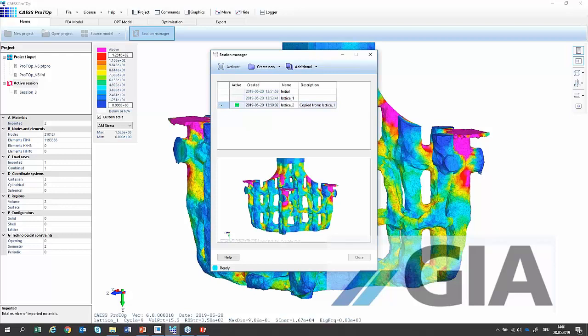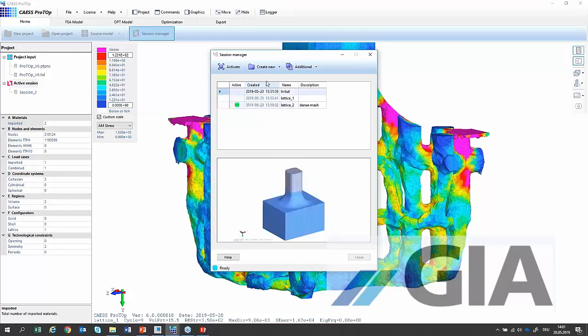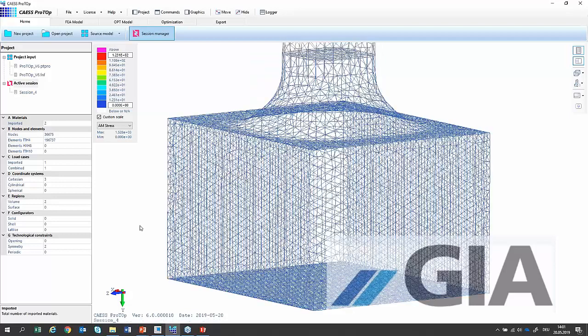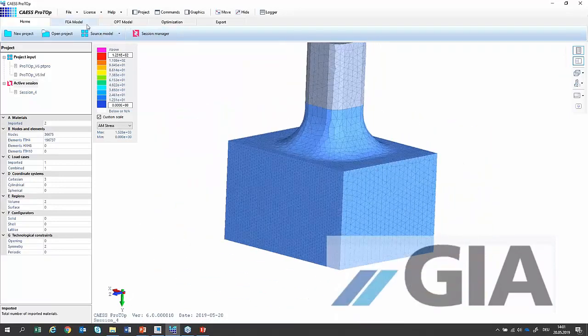This lattice with maybe dense mesh, something like that. So later on, I know what's behind every session. I'm going back here to my initial component, activating that one, and creating a new instance of it here in the application. Okay, I now have my origin model